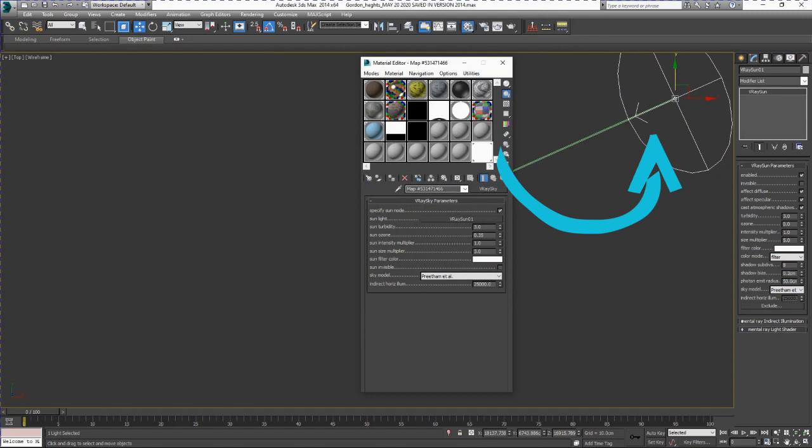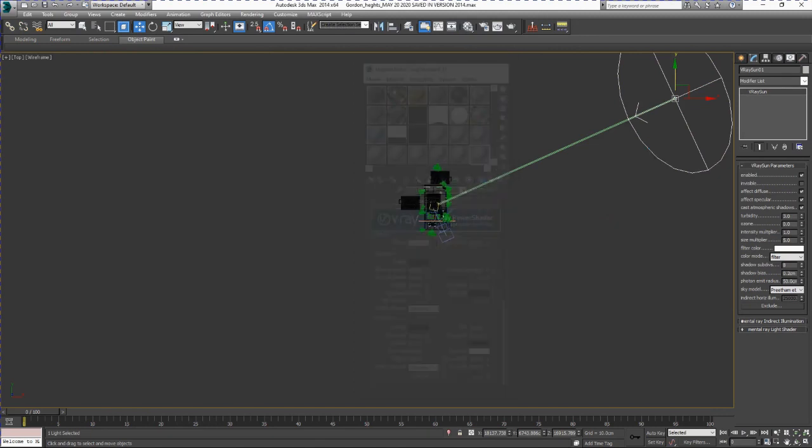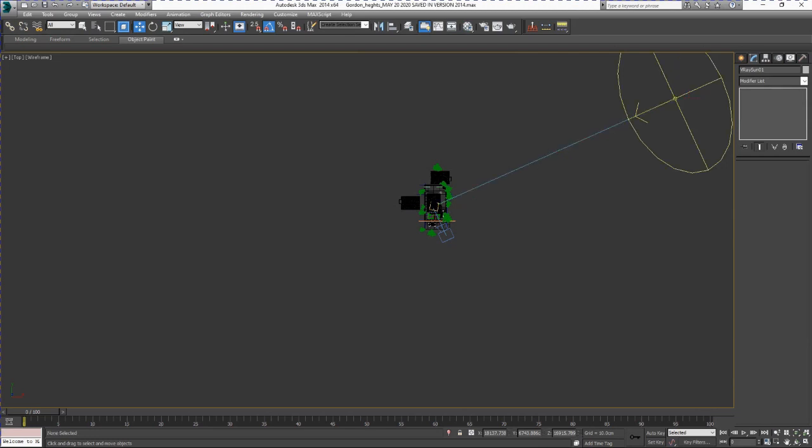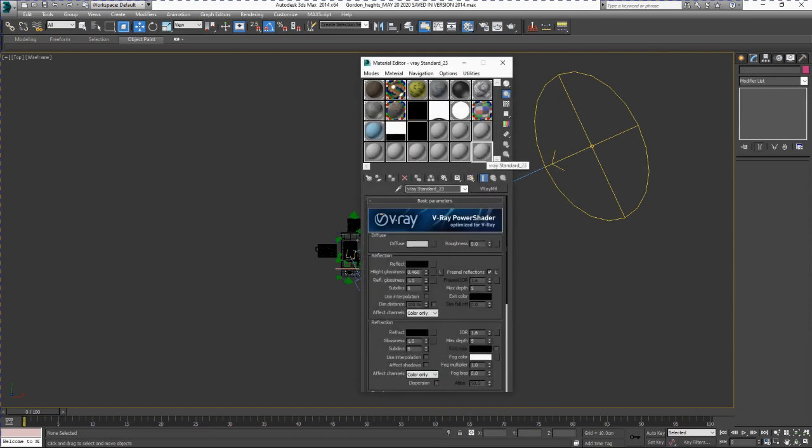So if I'm going to make a Vray Sky, what you're going to do is to click M, no? And then get material,